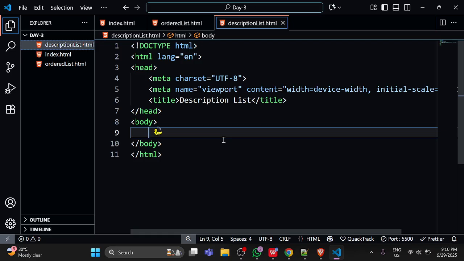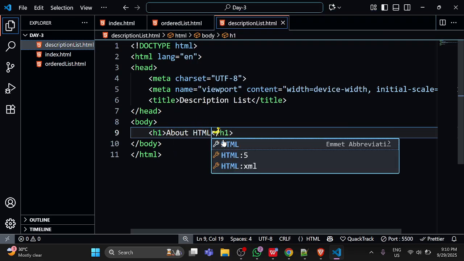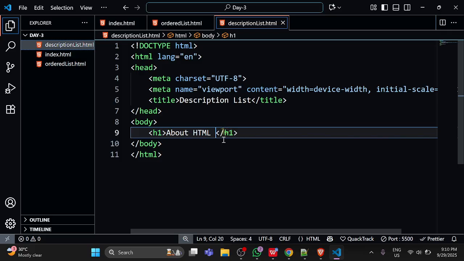Now what we will mention here, we will write, let's suppose, h1, about HTML, CSS,